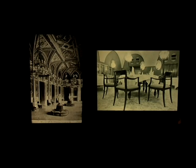This is a chair I designed for the interior of a restaurant in a Baroque palace, where we will see something of this, especially of the lighting later on. But it's also reproducing a type, not a Baroque type, but a type of the early 19th century, a time where the concept of a comfortable chair was